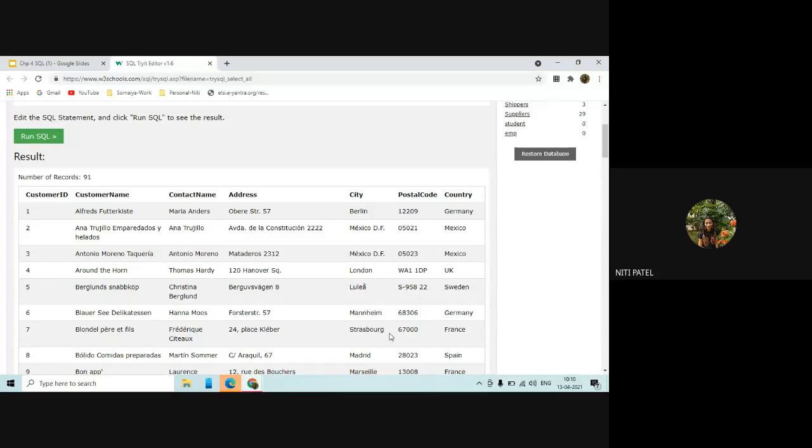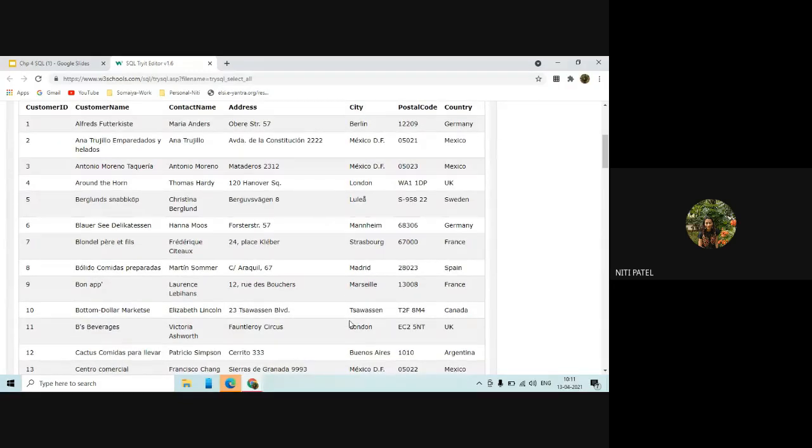Select customer ID and contact name using the relation customer with condition city as London and country as UK.